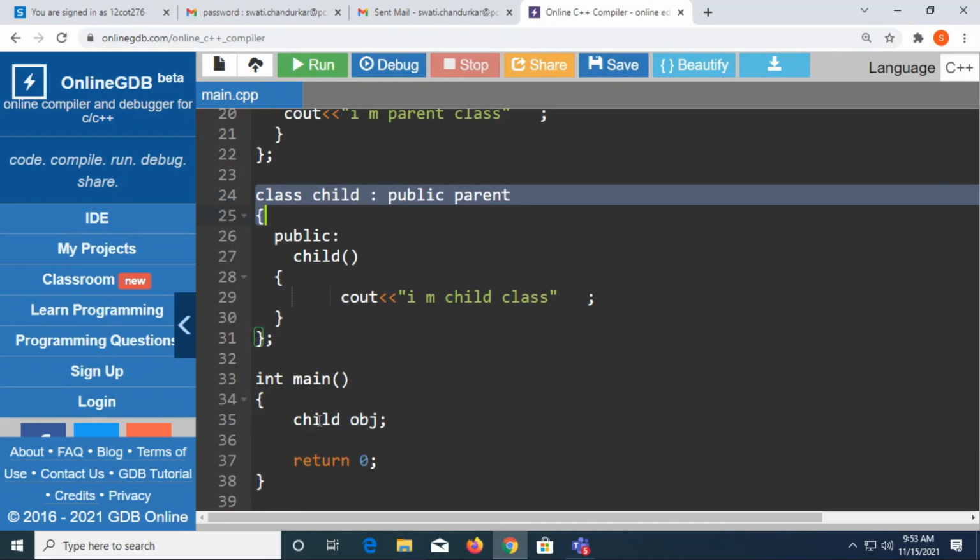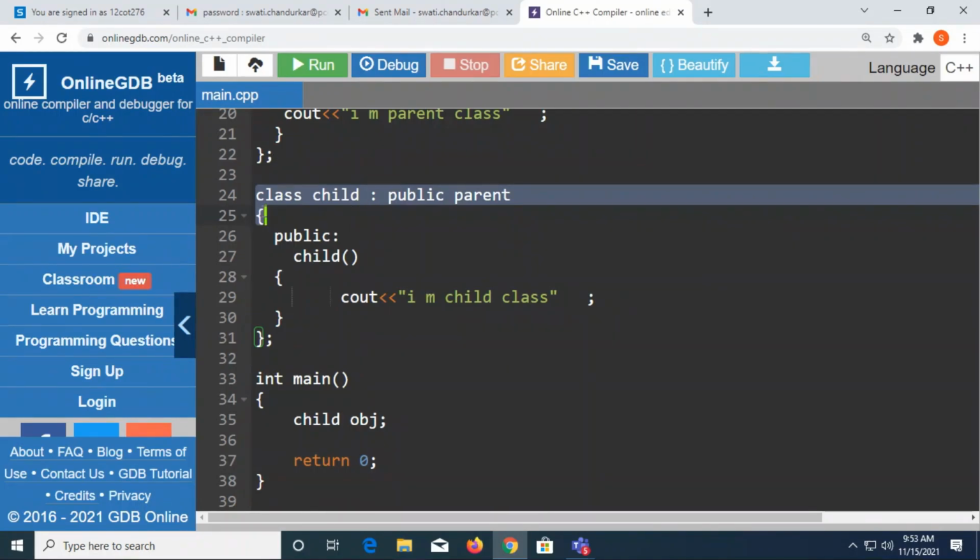Now control is from this line, the control is coming here. Fine. So what is written inside this? Class child. Now the compiler understood that this is a class. But then immediately after that, what is written? Colon is written. When the colon comes to the compiler, the compiler understands that this is inheritance.